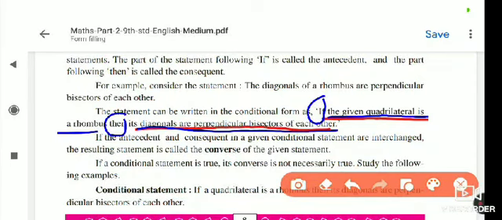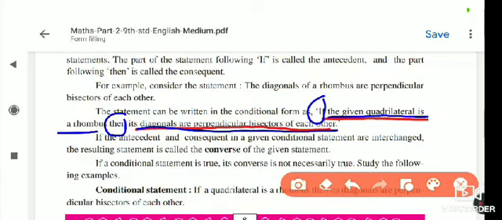We have converted the given statement into if-then form, and that's why this statement is called a conditional statement. In this conditional statement, if we take the part which follows then, that is the consequent, as the antecedent, and the part which follows if, that is the antecedent, as the consequent, then the new statement is called